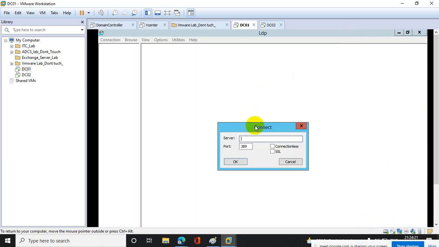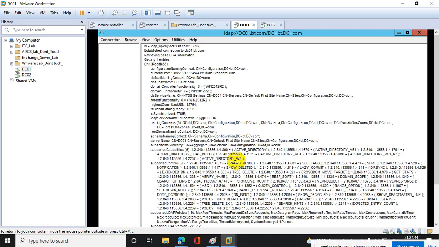So you have to put dc01.bt.com, and the port is 389. Through this port you are binding your domain controller as well as the domain. Got it? Clear? So click on OK.